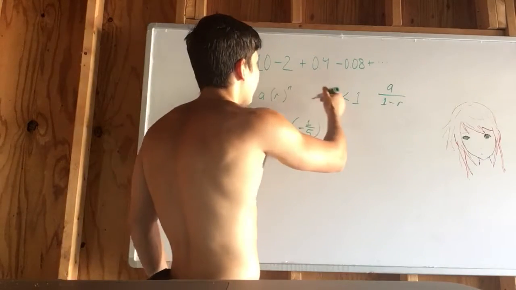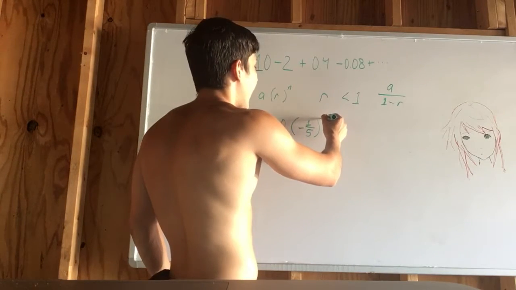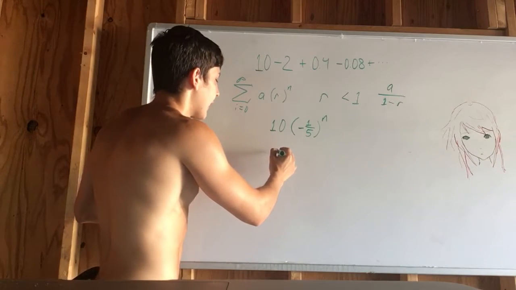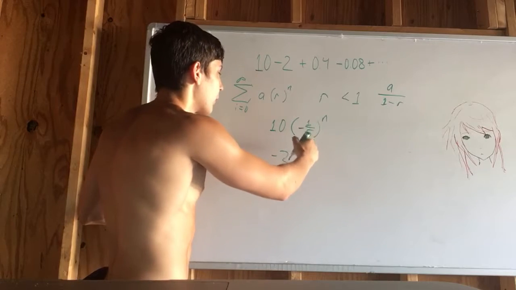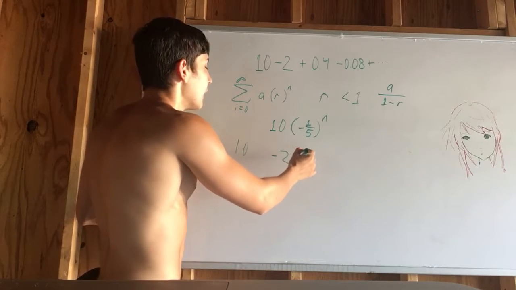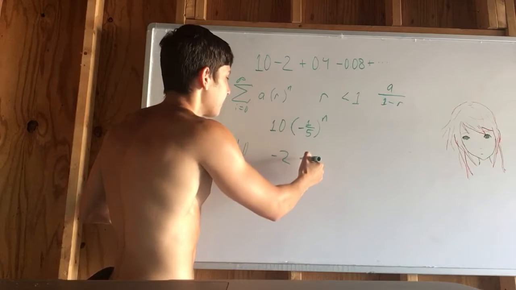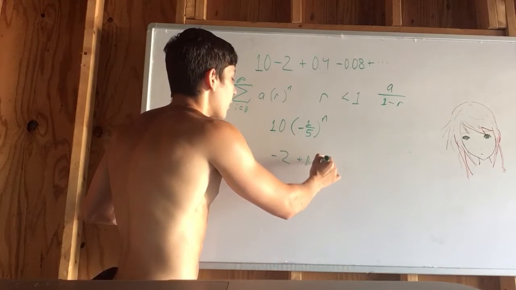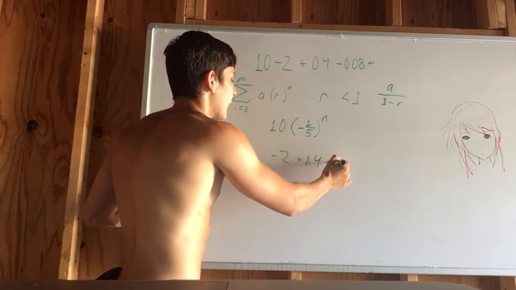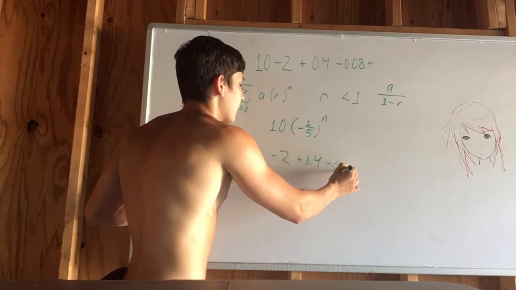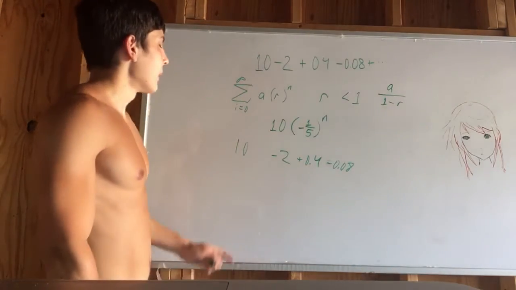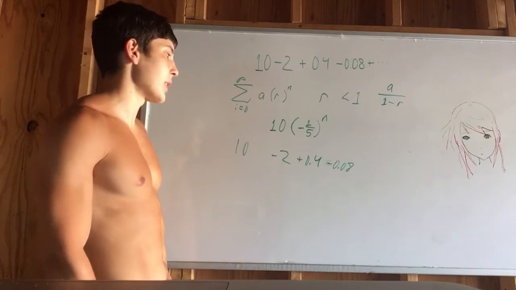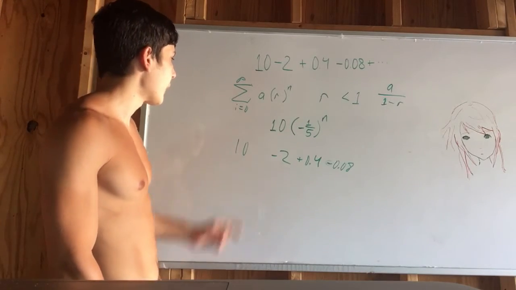Remember that with these series, we're adding all these terms. Here we would get 10, then negative 2, then plugging in 2, we would get 0.4, and plugging in 3, we would get negative 0.08. We started at 0, remember? We're no longer working with just sequences, which automatically start at 1. We chose to start at